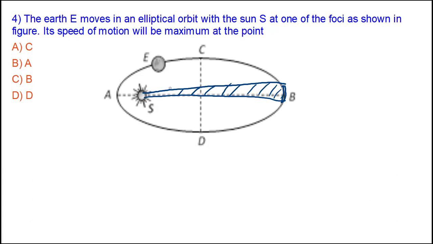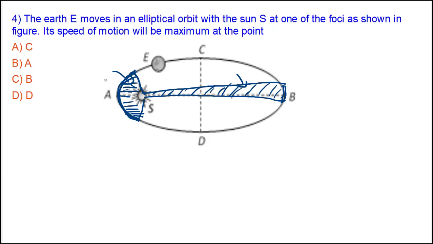Now this much area must also be covered when the planet moves around this point. So this is too much, too large. If we calculate the area, it is too much. So here, if the same distance has to be covered from this particular area, this area should be larger. So here this much area must be covered by the planet so that this area becomes equal to this area. Here you can see the distance covered, this much distance should be covered so as to cover this much area, and here very little distance must be covered to cover this much area.